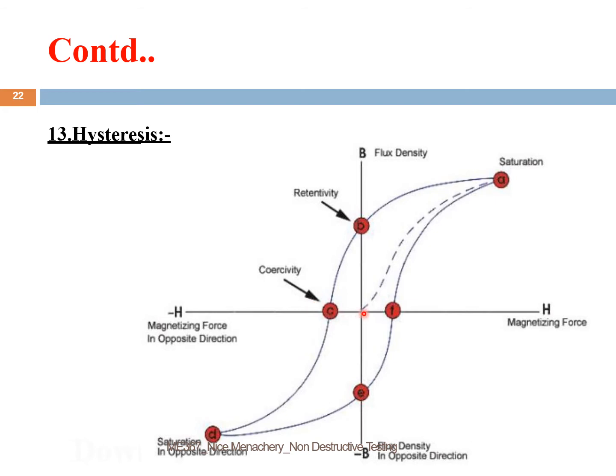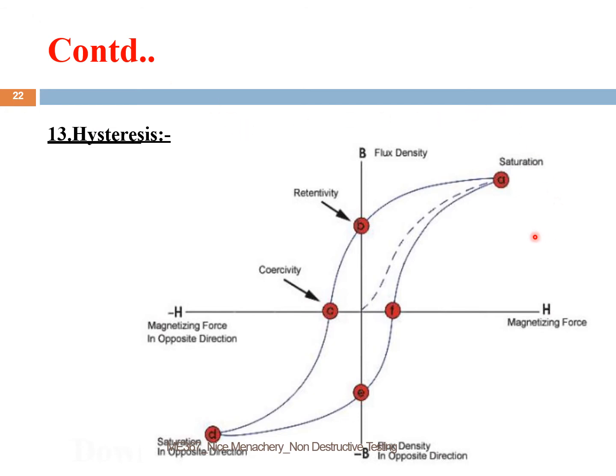Okay, so before you magnetize a material, you're choosing a paramagnetic material. So there is no H applied, so the B value is 0. Now you're applying a magnetizing force. Due to the magnetizing force, magnetism will be developed inside the material. So flux density will go on increasing. As H increases, you can see how the laser pointer is moving, the value of B also increases, and it reaches a saturation point. Beyond the saturation point, even if you try to increase the external magnetic field, or H, the flux density will not increase and will remain the same. So this is why that point is called the saturation point. This saturation point is represented by point A.